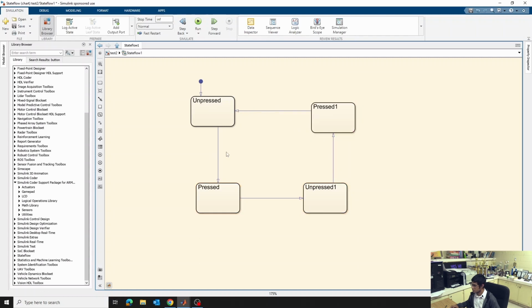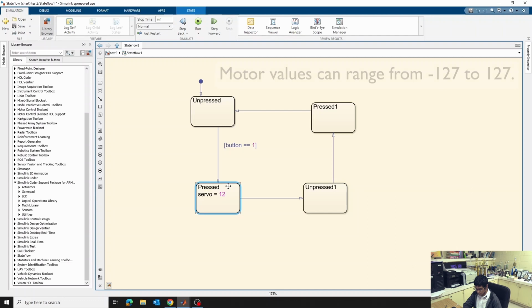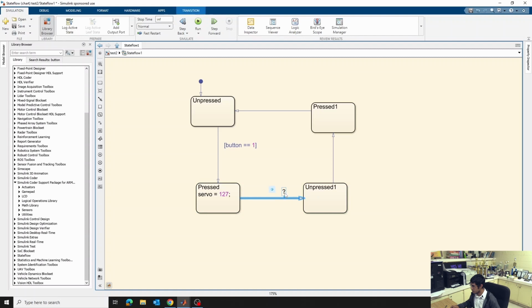Next we need a condition for the loop, so click on the connection and let's type button is equal to 1, and this means when the button is equal to 1, the state will go from here to here, and when it's pressed we want to set the servo to maybe 127. That means maximum rotation. Next it'll move here, and for this the condition will be the button is equal to 0. Make sure you have these double equals, and then here